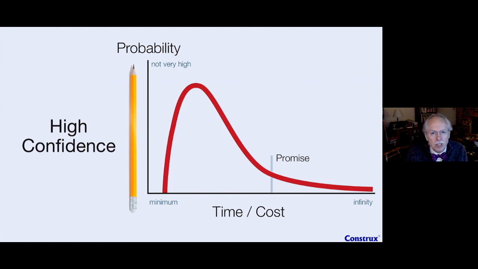So this is what I'm trying to get at here. I want a number that sounds unreasonable because it has such high confidence, but I don't want it to be infinity. I don't want to go toward infinity. I want to pull back a little bit. That's why we're talking about 80 or 90% confidence. And I'll probably get some sort of multiplier on this. Now, this can be troublesome depending on where we are in the project.